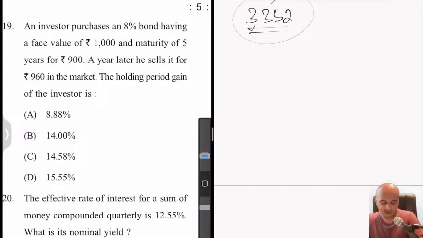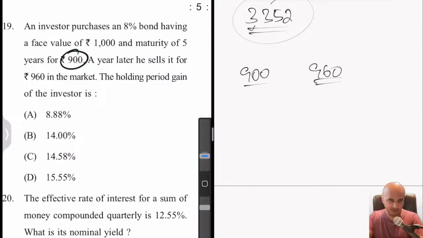Face value is 1,000. Maturity of 5 years. He purchased it for 900, and he sells it after a year for 960. There is an immediate 60 rupees gain, no? Sale price is 960, purchase price is 900. So obviously 60 rupees gain is there because of that. Apart from that, what else is there? This is the sale price gain,